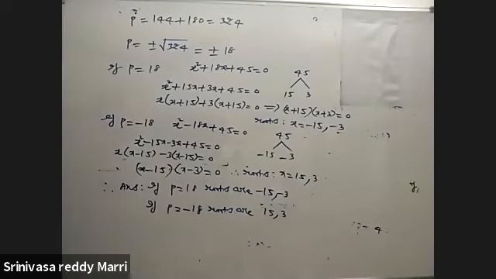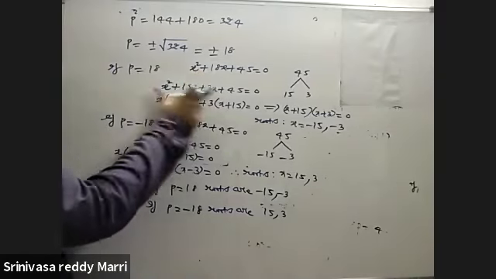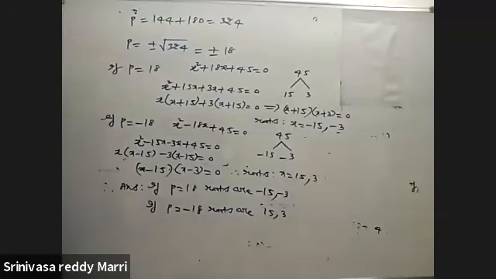Simply, in the question, what you have to understand is that he has given the value of alpha minus beta whole square. You know the alpha plus beta value and the alpha beta value. You can calculate that and equate it to that value, then you get the p values. After getting the p value, substitute back in the equation. If substituted, you get this equation and find the roots. If substituted, you get this equation and find the roots. That is the logic: given the square of the difference, first calculate p and then the roots for those values of p. Simple problem only.